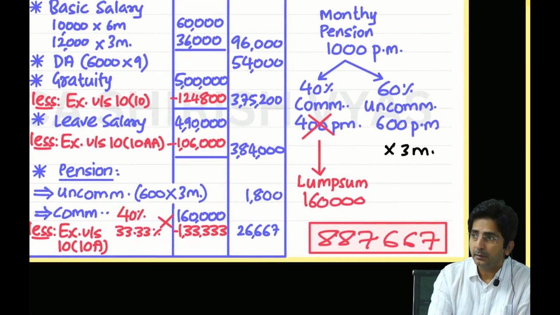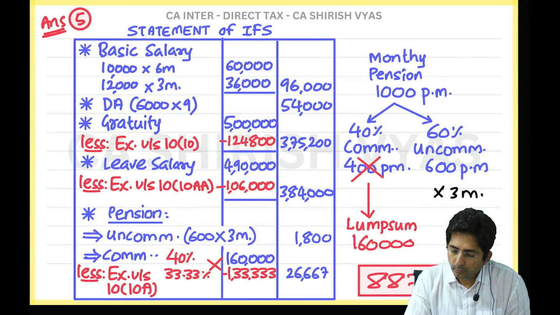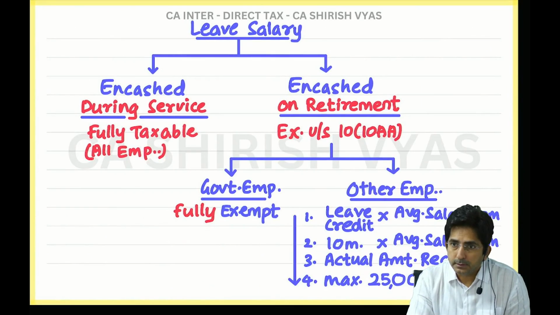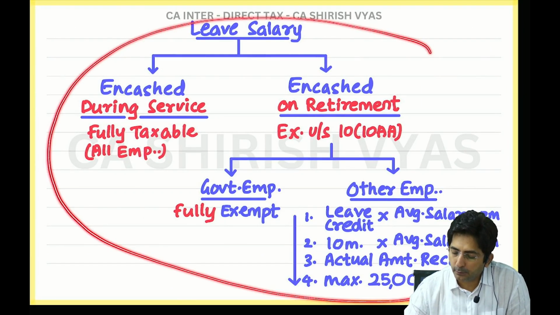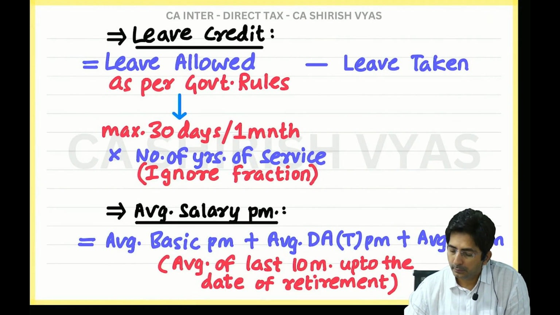887,667. Taxable income from salaries. 887,667. Okay, look here, done. See, this I wanted to show in the notes. Look, after this chart in my notes, I have written this thing also. Nothing new I have taught you. Just see,